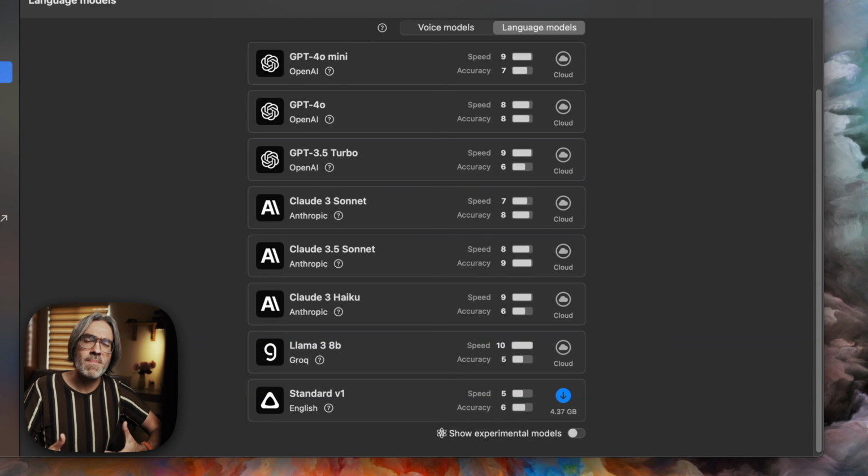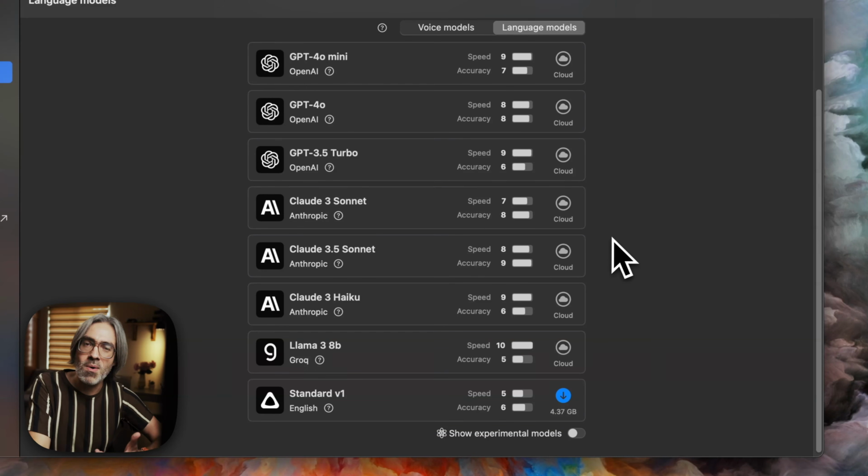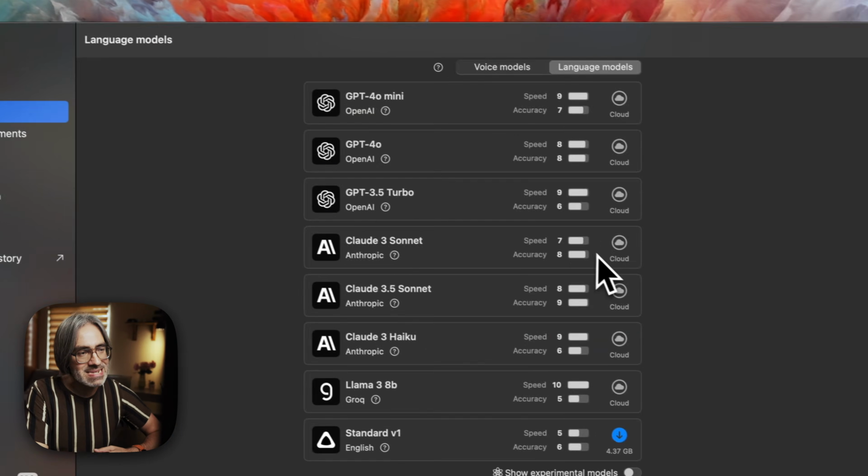This is super, super nice because as these are popular models, you already know kind of what a model is good for. So this combined with modes allows me to, for example, have one coding mode to use with Sonnet 3.5 or a dictating mode to use with GPT-4o Mini,